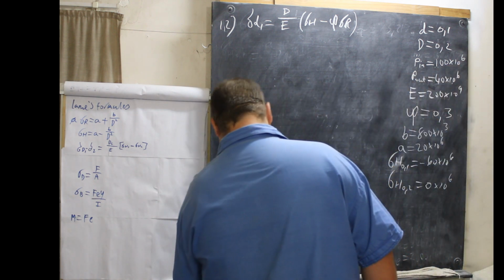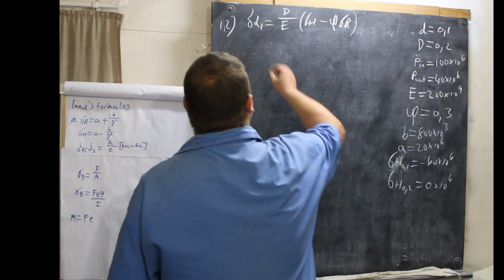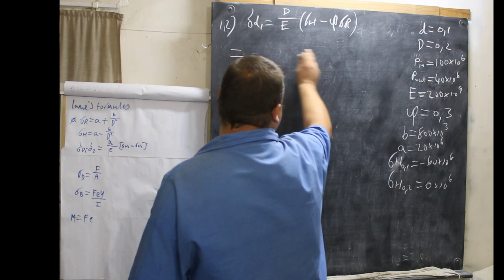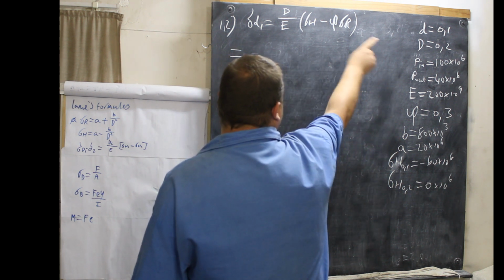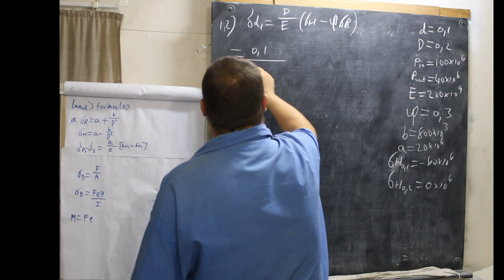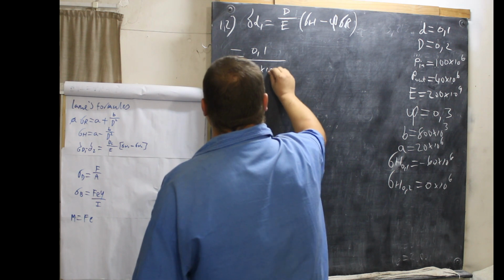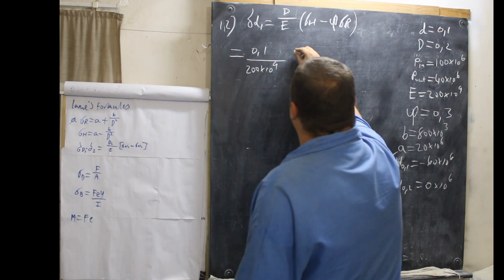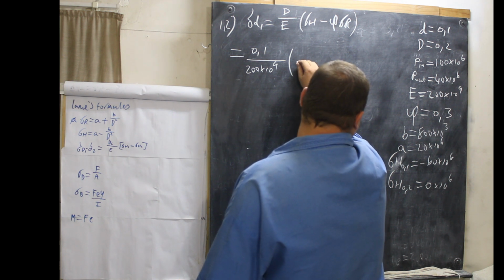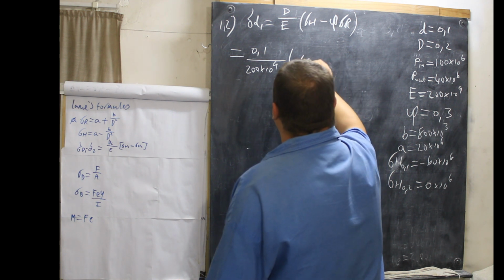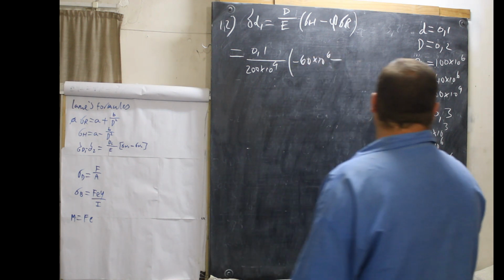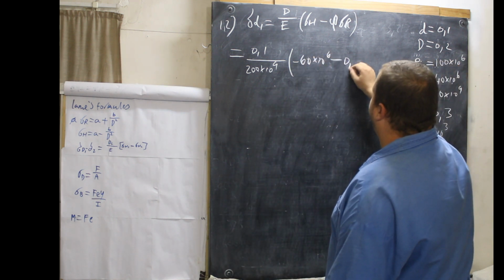Okay, now what we're going to do is the internal diameter. So this equals D, which will be 0.1, over 200 times 10 to the 9, times the hoop stress at 0.1, which is minus 60 times 10 to the 6, minus 0.3,